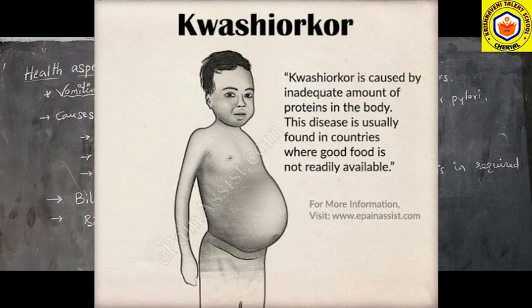Okay, so that is due to the body becoming swollen. Next, very poor muscle development. Yes, proteins are muscle developing foods. If there is a deficiency of proteins, then muscle development will not be there. So swollen legs, fluffy face, difficulty eating, diarrhea, and dry skin are the symptoms of these diseases.